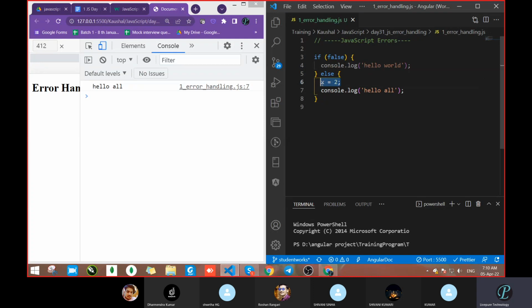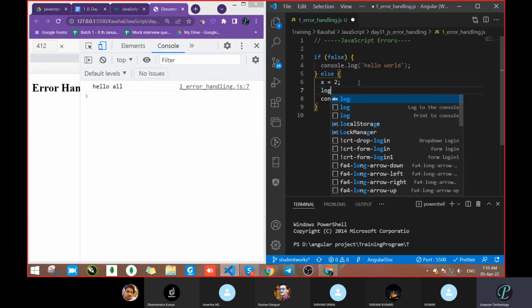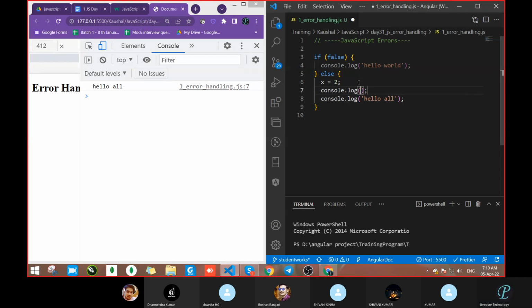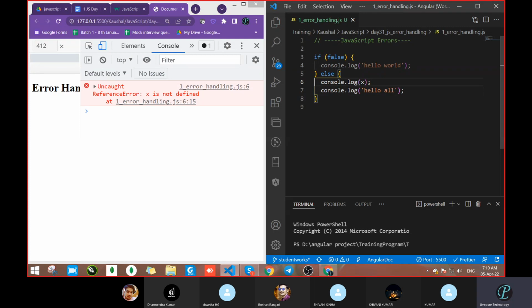What happened? Why not? Let's print that, console.log and X, and remove this line. Yes, so we got the error, but while writing the logic we made some mistake, and that's why it always came into this loop.